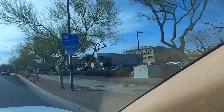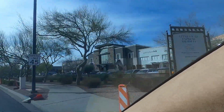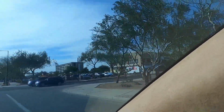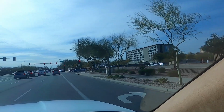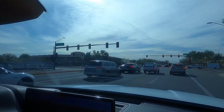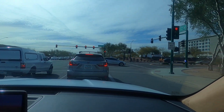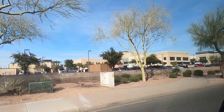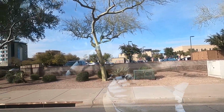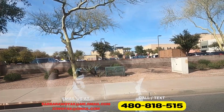So here is the heart of the Kierland area, and that is Kierland Commons Shopping Center. So there's a little bit of everything in here. Lots of restaurants, lots of custom shops next to hotels. The Westin Kierland is right here. And then all surrounding the Kierland Commons are a lot of office buildings, mostly professional office buildings. And there's a lot of high rises. I don't know if you can see behind the building there, but there is a high rise right behind that. And so if you're looking for the urban lifestyle, right directly in the Kierland Commons area is lots of opportunities